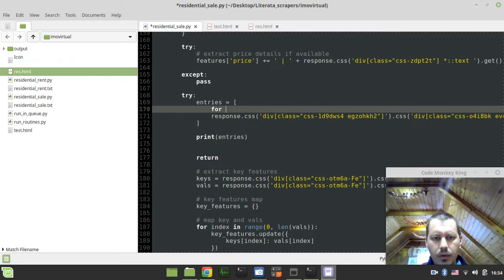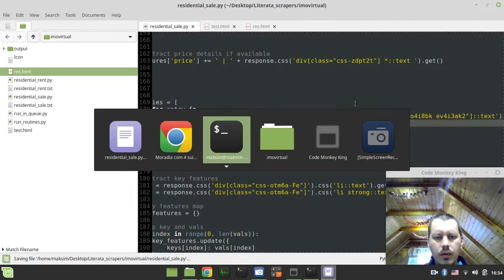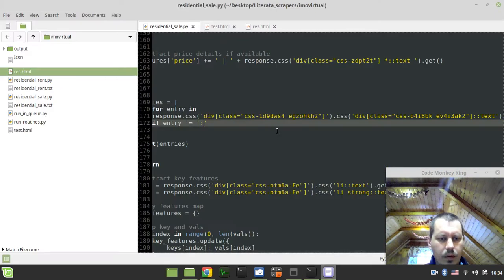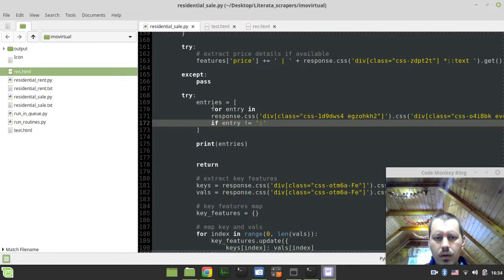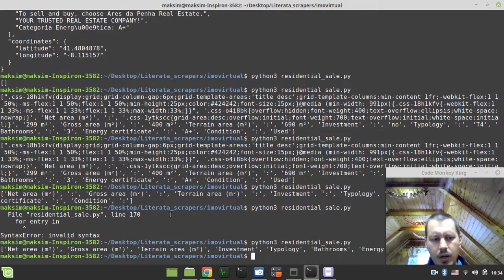So for entry in this list, if entry is not equal to column, yes, entry, list comprehension technique here.